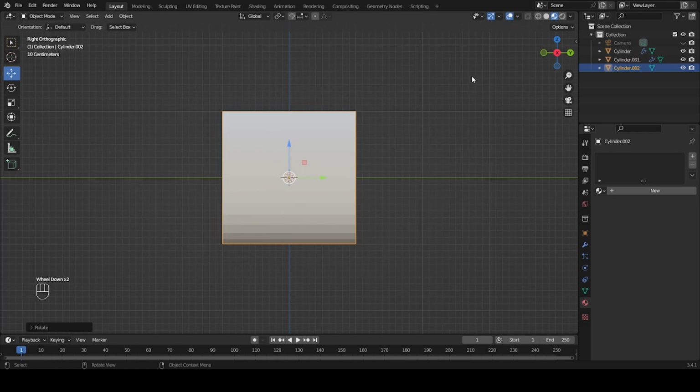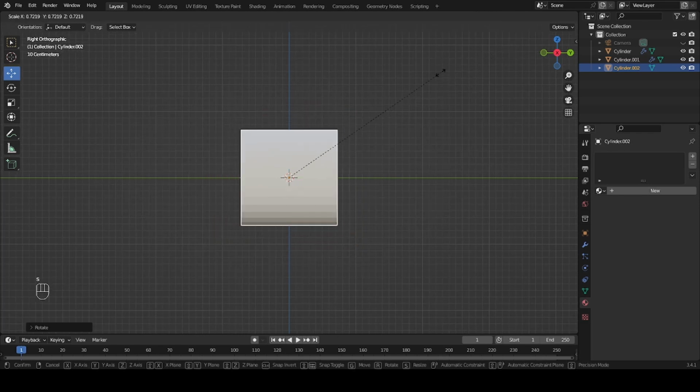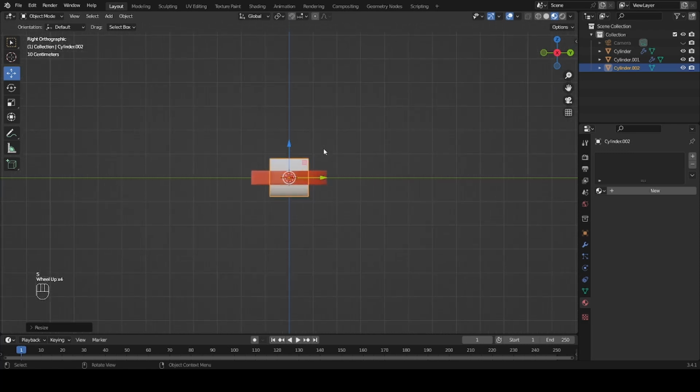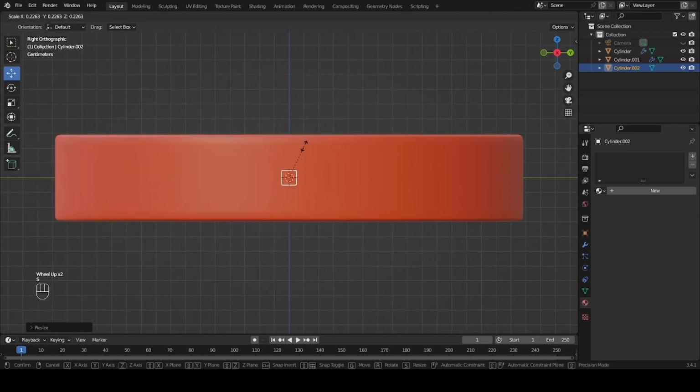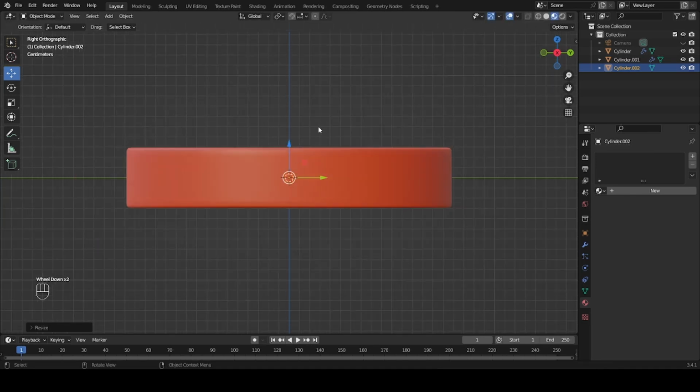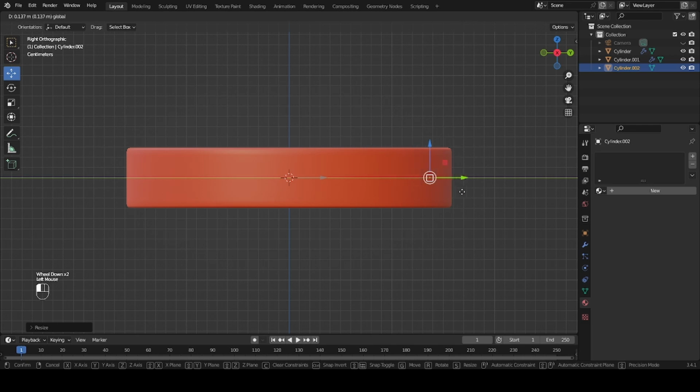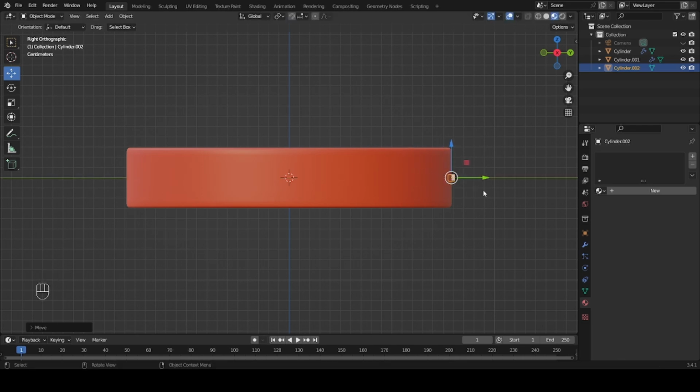I'll hit S on my keyboard and scale it way down. I'm shooting for the size from the example, so I'm going to make the cylinder pretty small. Okay, great. Once the cylinder is scaled down like this, I'll reposition it so it's sitting on the outer edge of this clock shape here. So I'm happy with the scale and the position of the cylinder, but I wanted it to extend outward a lot